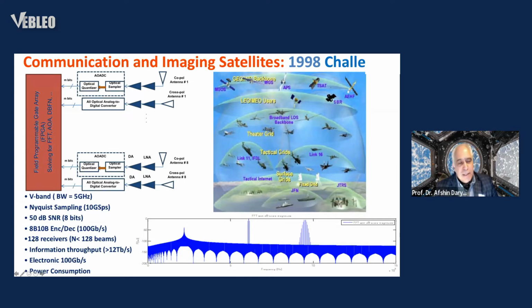If we have as many as 128 receivers, then you can simultaneously generate as many as 128 beams. The data throughput associated with that is going to be larger than 12 terabits per second. And the electronic system has to operate at 100 gigabits per second. And this is a very challenging